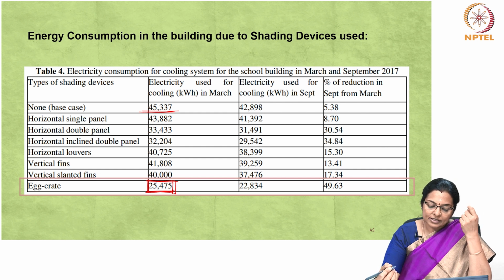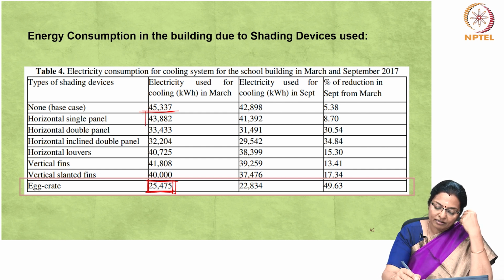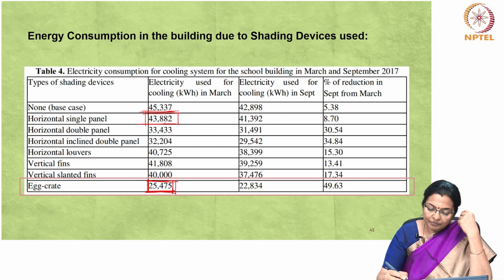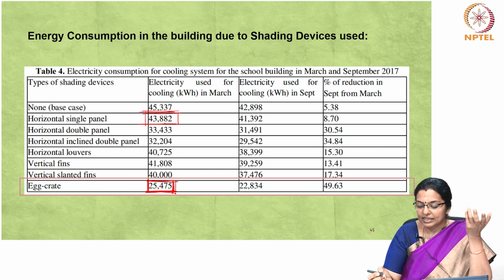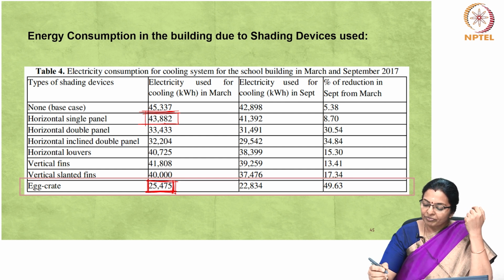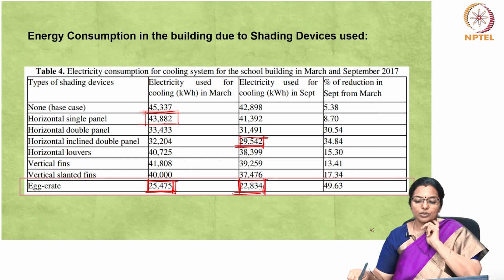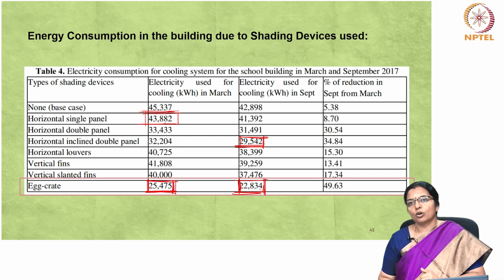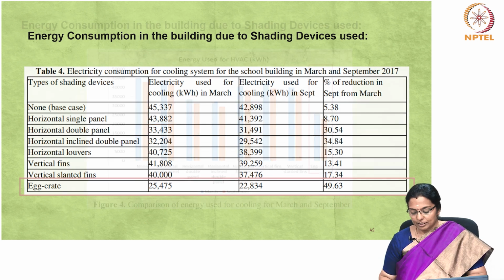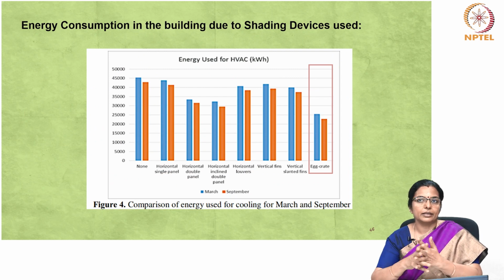And the least difference between the base case and a shading device is when there is a single panel, and a little less than half of it comes for the egg crate. So, egg crate stands out to be one of the most efficient. When it comes to September, yes, egg crate is very efficient in cutting the electrical consumption, and next to it comes the horizontal inclined double panel. So, definitely shading device has an impact on energy consumption, and it can lead to a more sustainable